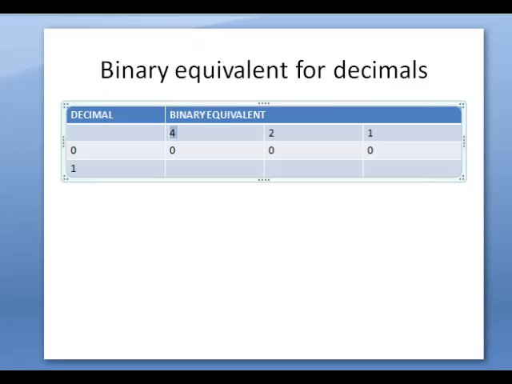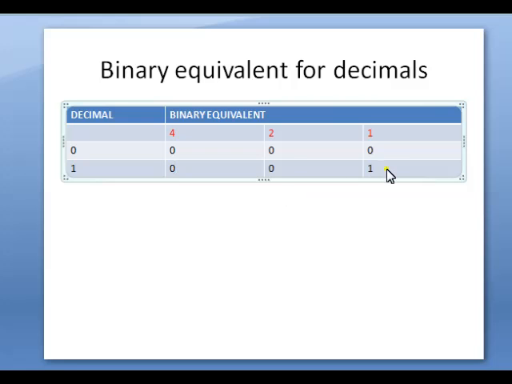We are going to change the color of the number. This red color number you are seeing is only for your understanding. There is no need to highlight when you are writing the binary equivalents. Now we are going to write the binary equivalent for 1. यहाँ पे ऊपर देखिए 1 यहाँ पे, so it will be 1 and all the other numbers are 0. ठीक है, so the binary equivalent of 1 is 0, 0, 1.